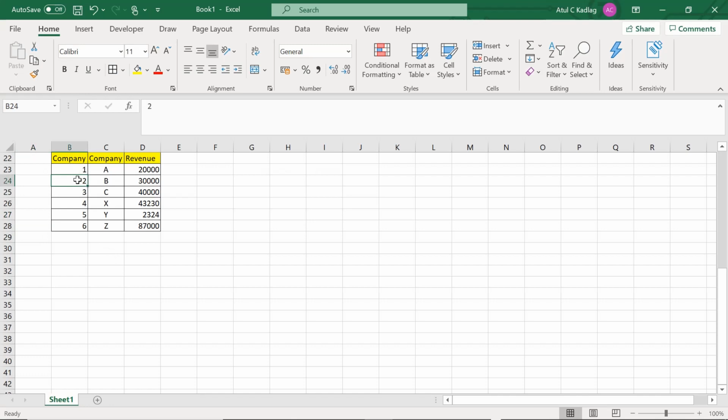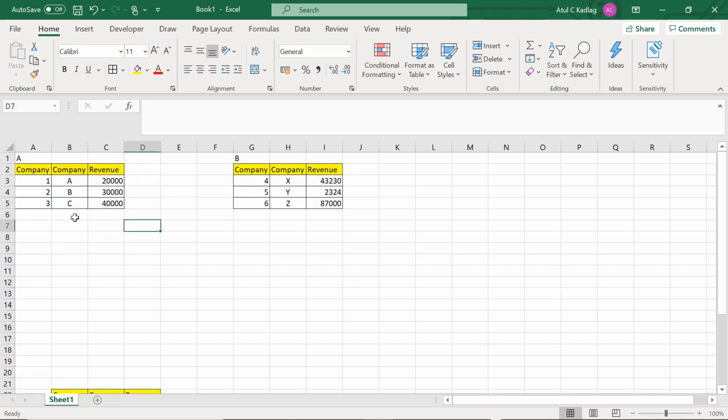You can see, if you have two tables or two queries, we will merge them and make them one query. That is append queries. This is very useful when we have to combine different data, because the data comes from different data sources, and we need to have it in a single query so that it will be helpful to create our visualizations. Let's see practically how we can implement this.